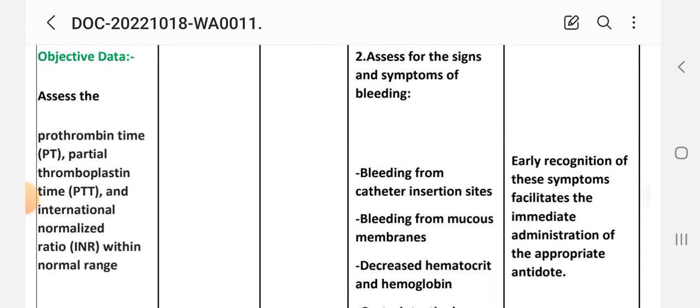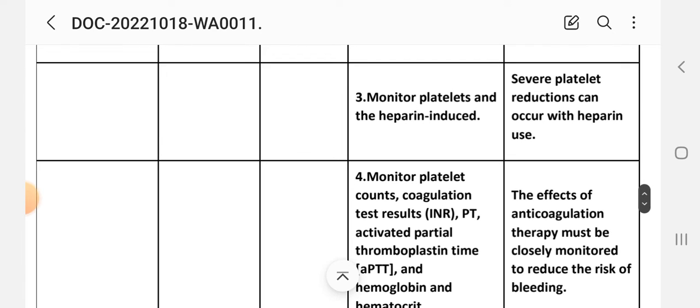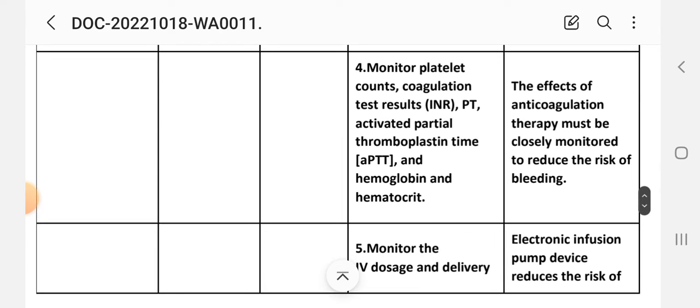Here the rationale will be: early recognition of these symptoms facilitates the immediate administration of the appropriate antidote. Third intervention, monitor platelets and heparin-induced thrombocytopenia. Rationale: severe platelet reduction can occur with heparin use. Fourth intervention, monitor platelet counts, coagulation tests,